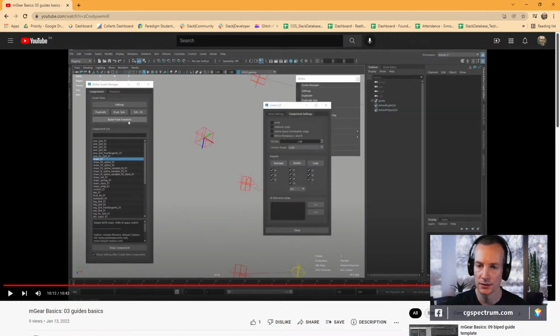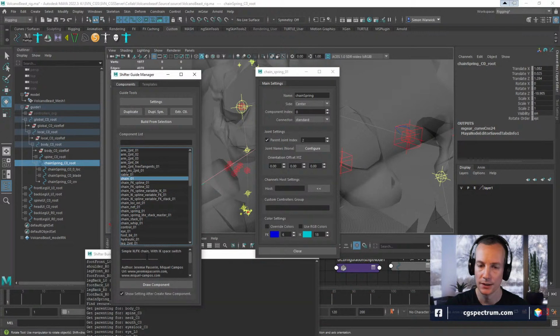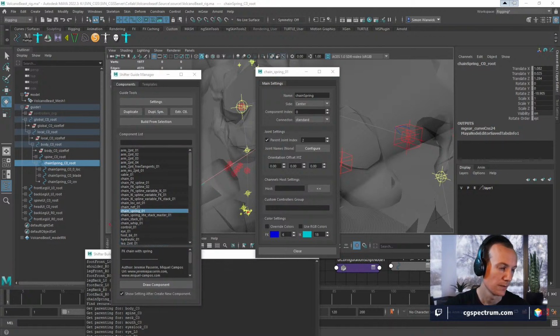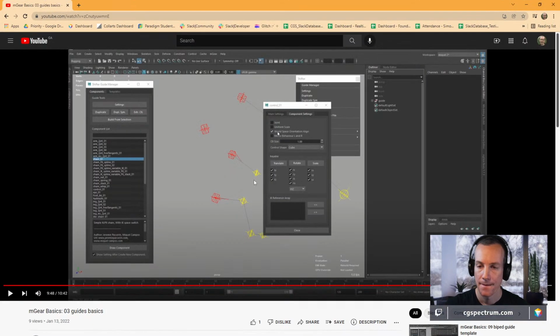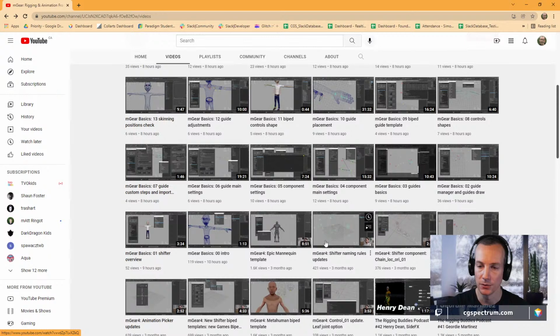Depending on the type of component, I guess he's using chain 01 though. Oh, I'm not using chain 01. Chain 01 is for the IKFK chain. Which, I want the spring one. Okay, so I guess I just don't have that choice. Alright, not important. Let's keep going here. That did not get into the mirroring, unfortunately, which is what I was hoping it would do.